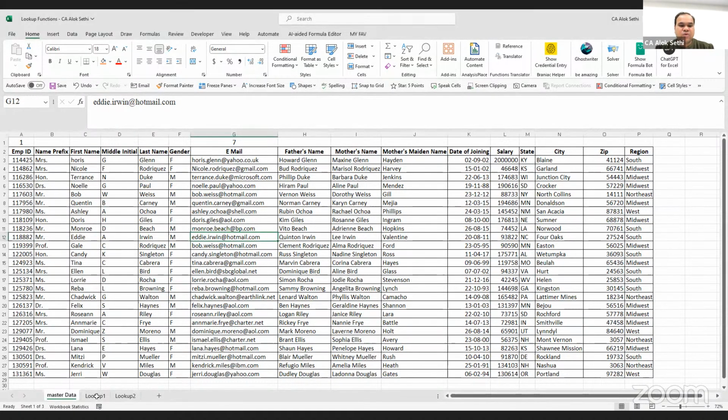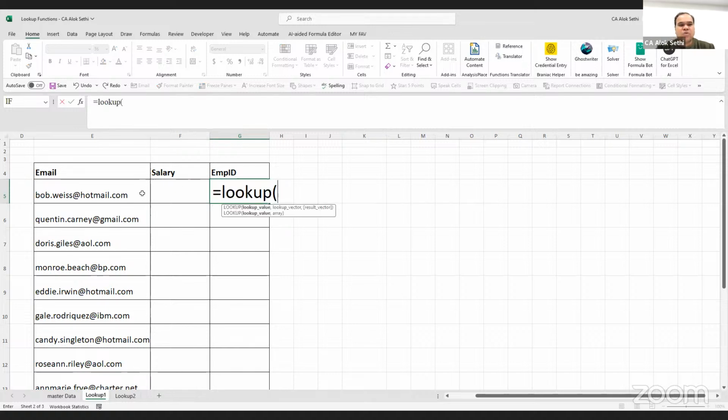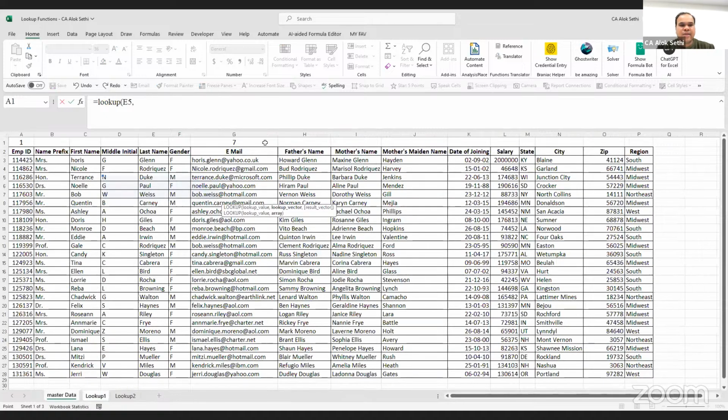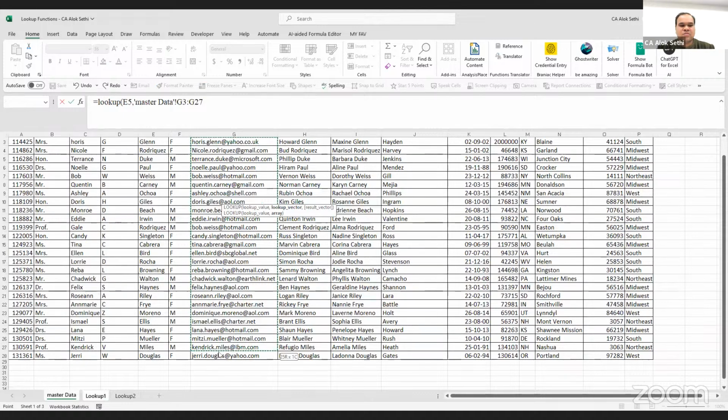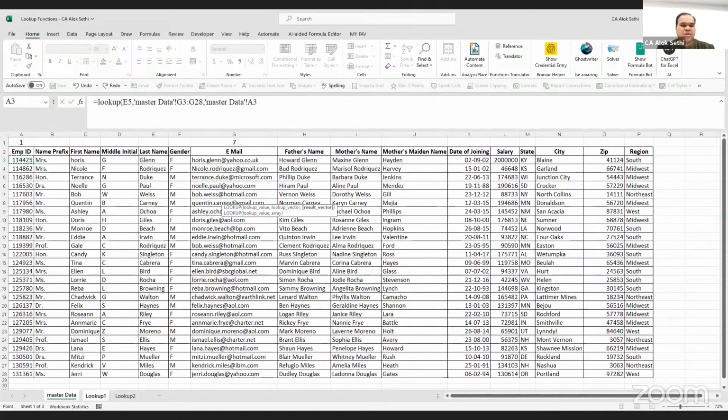Let us apply VLOOKUP and see if it is possible. And can lookup do that? तो अगर मैं lookup function लगाता हूँ तो उससे हो जाएगा क्या, वो भी देख लेते हैं। So I will first try to find out the employee ID. So I am writing lookup function, lookup, and this is the lookup value, comma, lookup vector. I will select the email ID वाला column. It will be the lookup vector, comma, the result vector. तो result vector हमारा employee ID है।